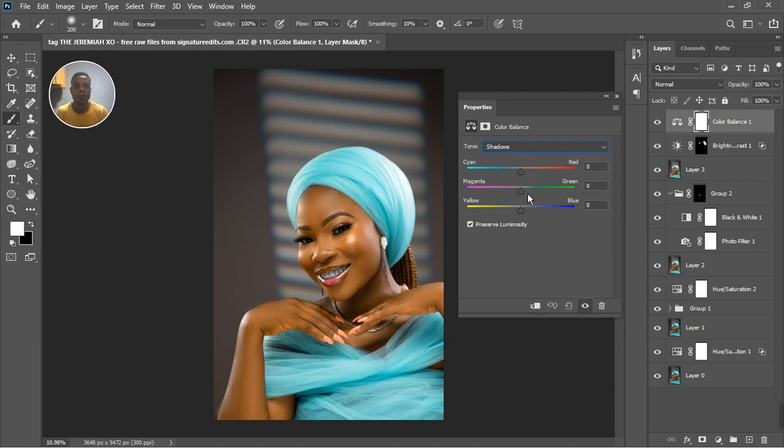Okay, I'm going to add some blues to bring things. I'm going to add some, let's add some magenta, and then increase towards the cyan, and then let's go to the highlight and dial in